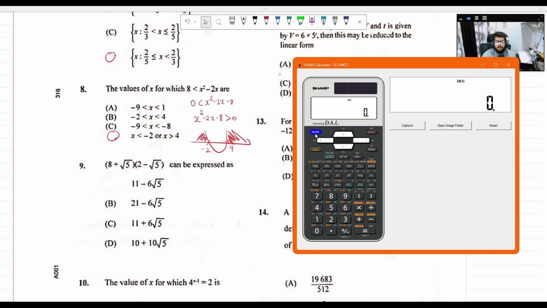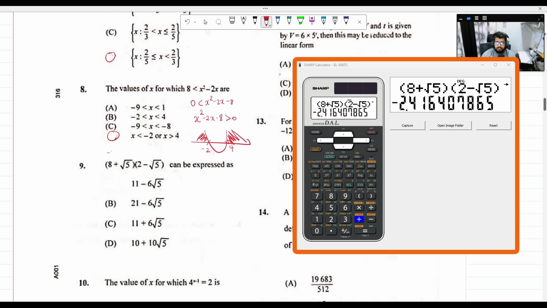If you have a numerical question, meaning you have to calculate a value of something, calculate the value of it, and see which one of the answers corresponds to that value by calculating the value of the answers as well. So in this case, 8 plus root 5 into 2 minus root 5, that has a value. Write it down, that is minus